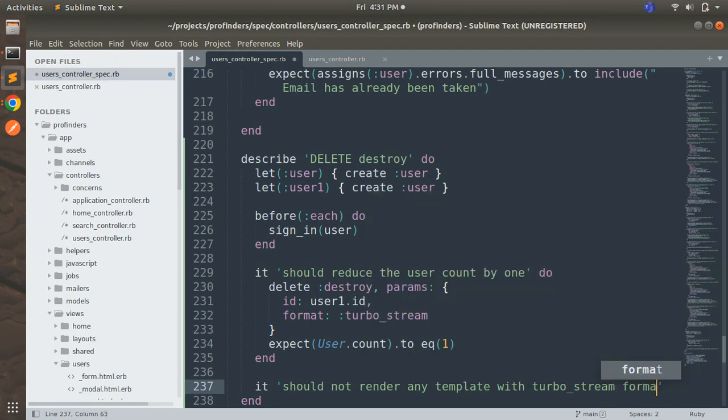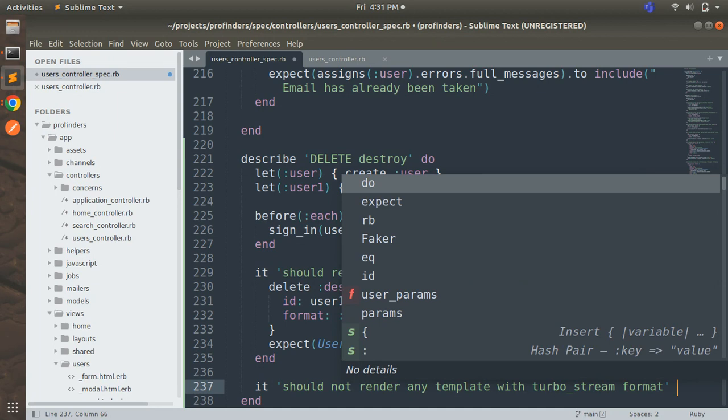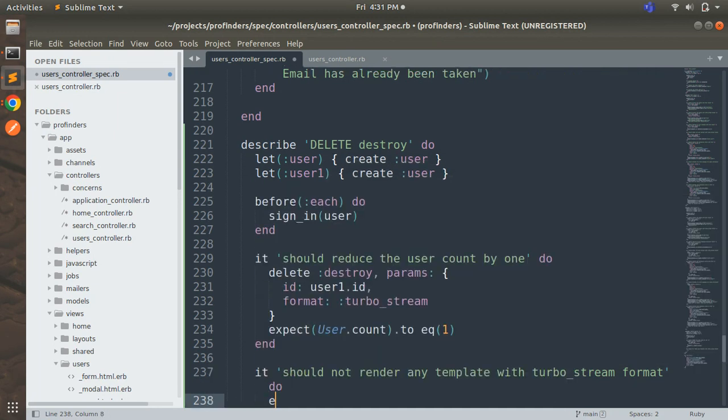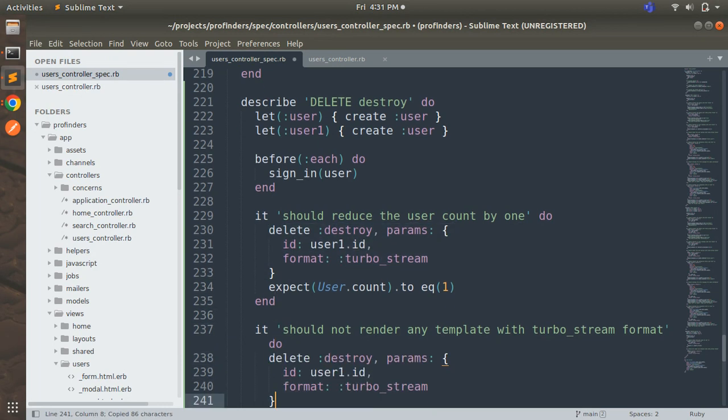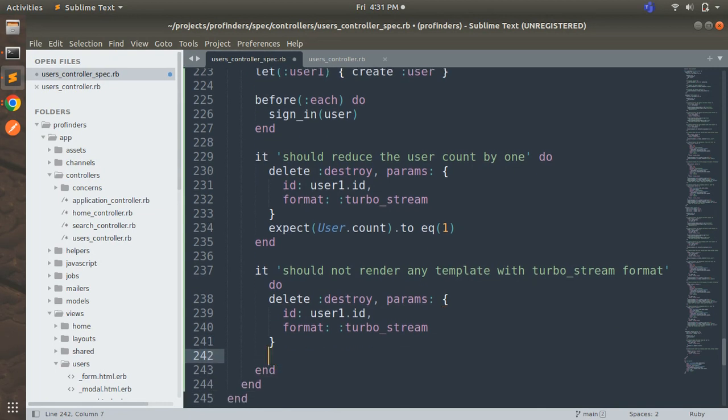Then in this it block, we just need to use the same thing, delete destroy, params id user1.id, and then we will expect that it should render nil. So what we can do here is expect response